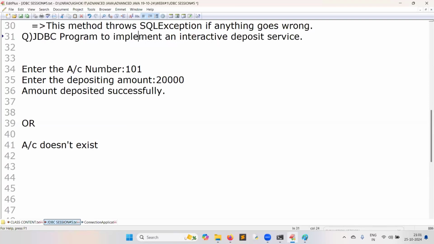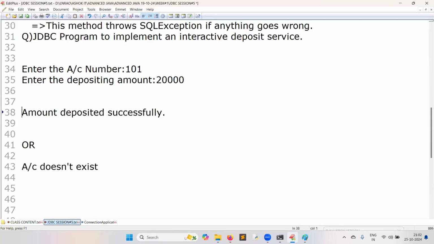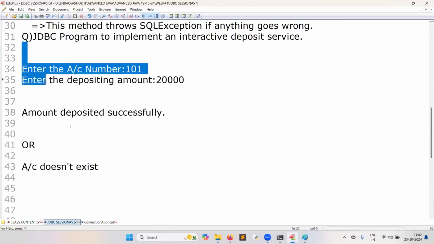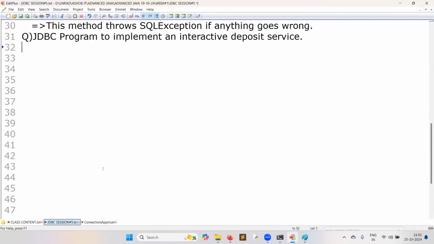A JDBC program to implement an interactive deposit means our program should ask the user to enter the account number and the depositing amount. There are two output possibilities. If the account is there, the message amount deposited successfully should come. Assume the account number is wrong, the message account does not exist should come. So this is the question.